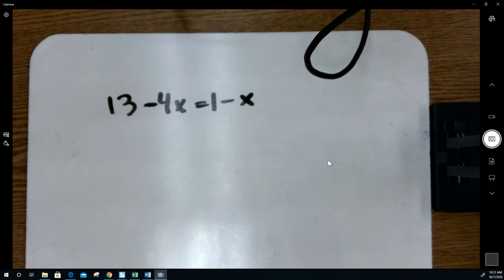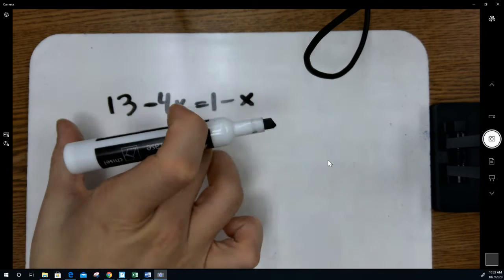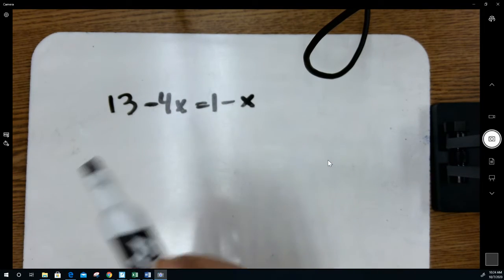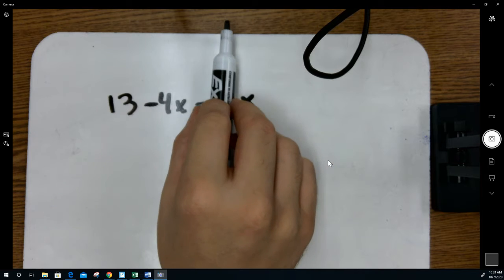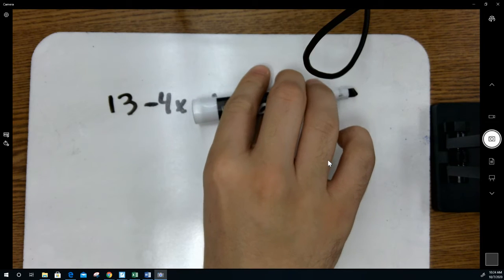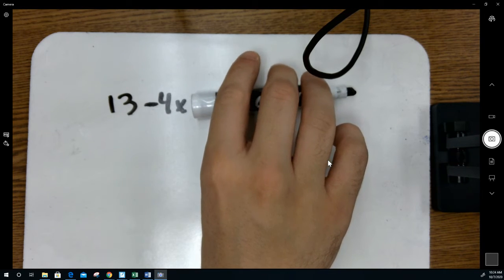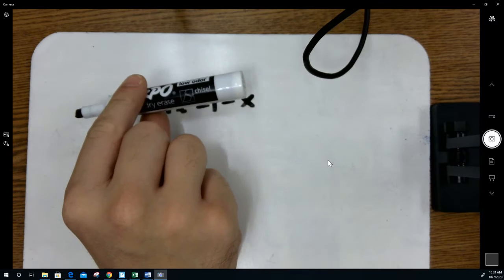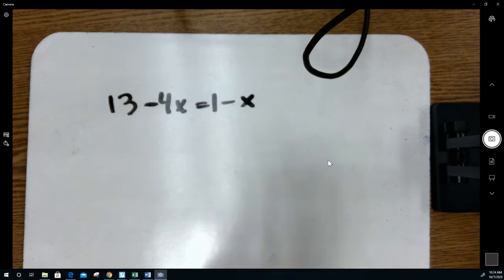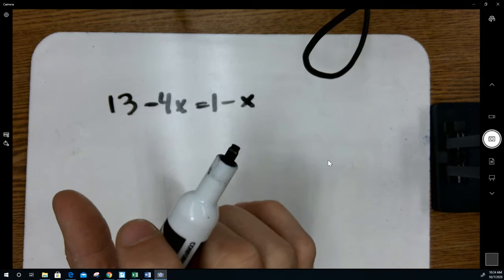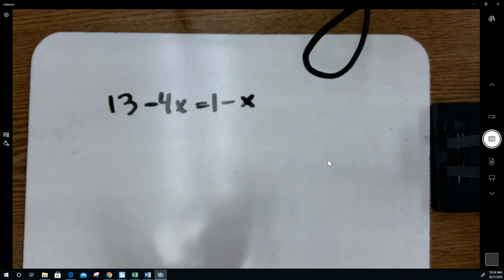Obviously, we want to simplify this side first, and then this side. These two are both already simplified. If you cover up that, you've got 13 minus 4x, can't combine those. And when you cover up this, you've got 1 minus x, can't combine those. But once you have everything simplified, then you can start to